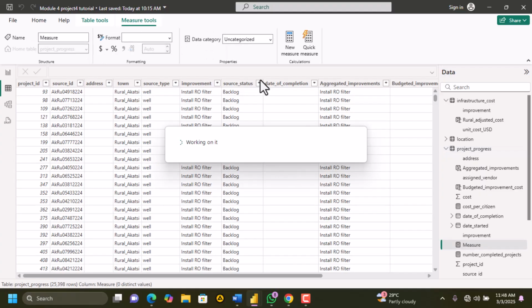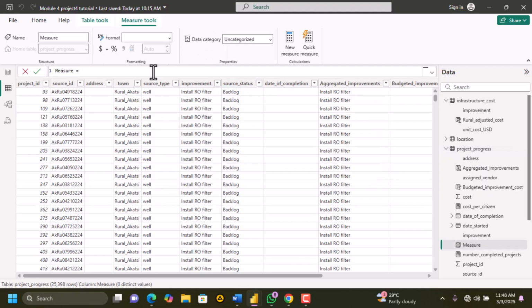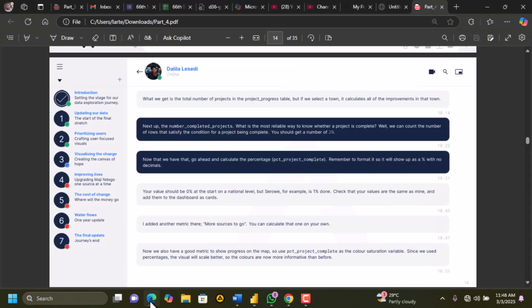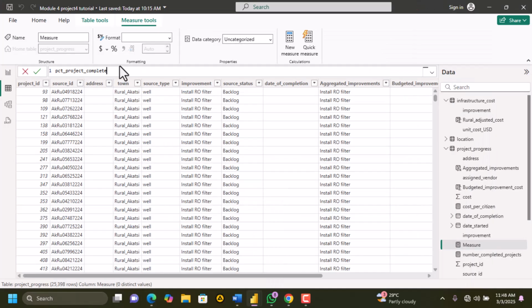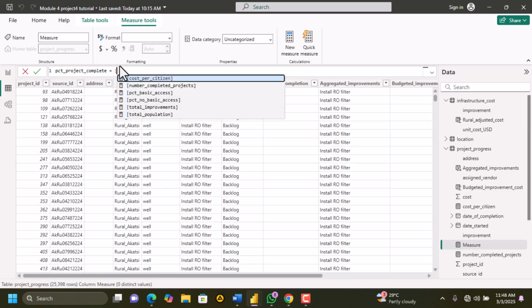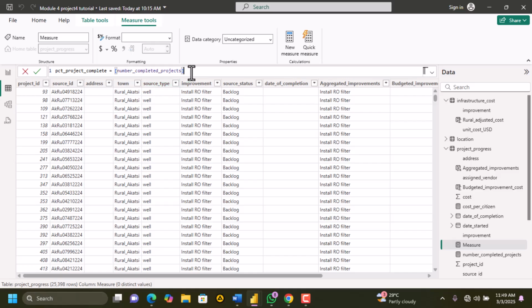So we are talking about percentage project complete. Is it project complete? Yeah. So percentage project complete equals, then we are going to take the 29, which is this one, or is it? Number completed projects, divided by total projects. I think